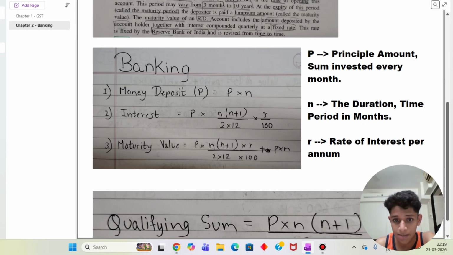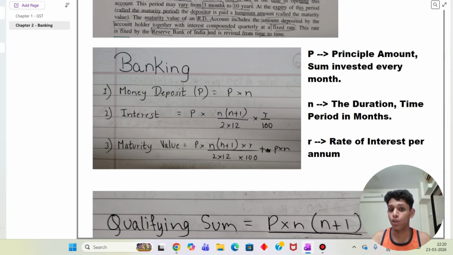What changes here is P, depending on the principal invested every month, N the duration in months, and N into N plus 1, that is duration plus 1, into R, the rate of interest per annum. This is the interest formula. When we combine both of these formulas, P into N and P into N plus 1 into R upon 2 into 12 into 100, it forms the maturity value. Money deposited is only the principal invested, and interest is the money earned. Maturity value means money deposited plus interest earned. So P into N over here